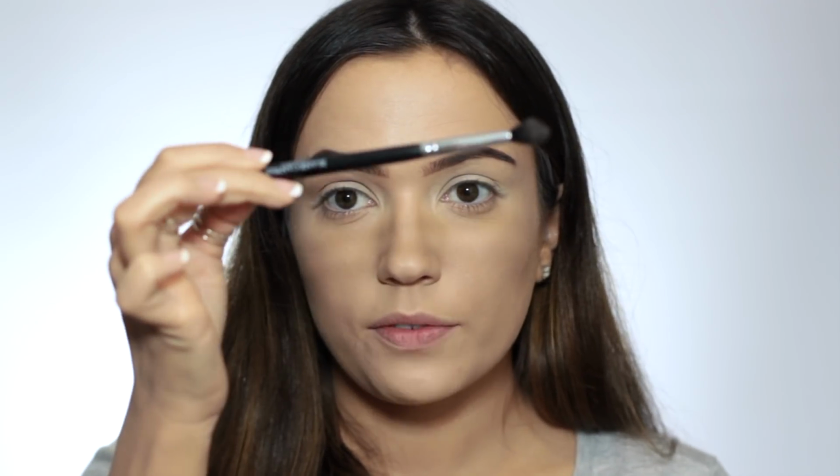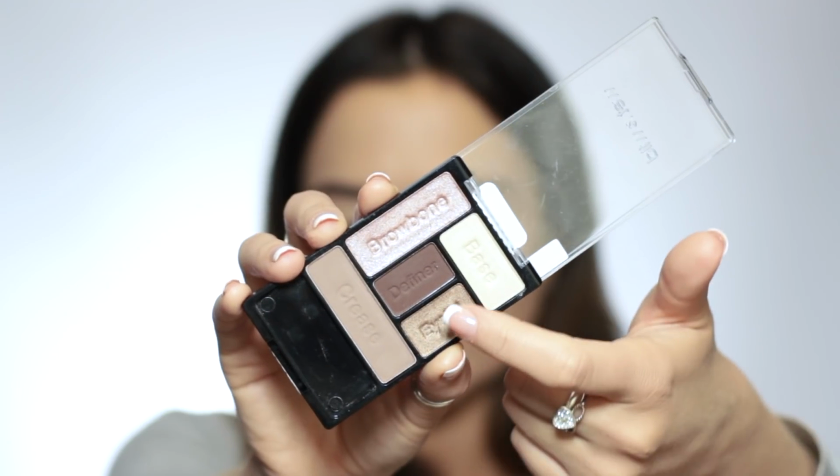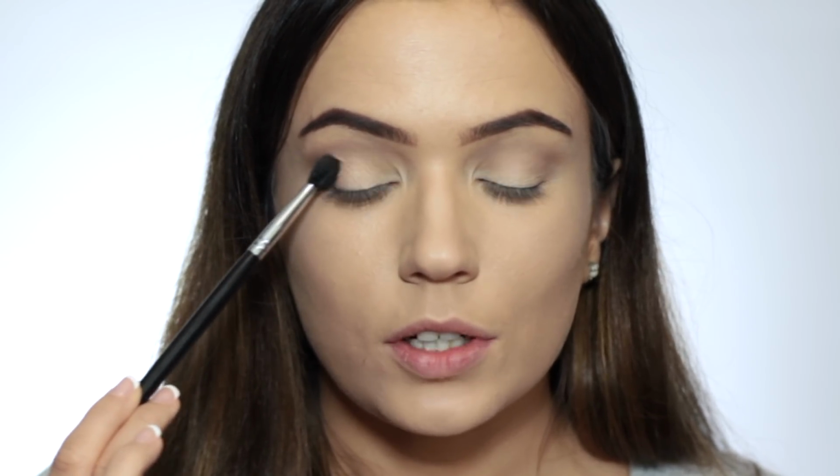Now I'm holding the brush quite far down on the handle, and then I'm sweeping it over and back to get a very light finish. Then I'm going to go in with a definer on the tip of the brush, apply this just on the outer third of the eye, and I'm working it kind of into the crease as well. Your crease shade needs to go higher to kind of fade it out, so never bring your definer up too